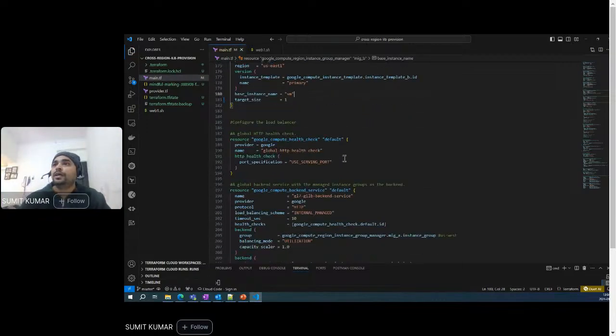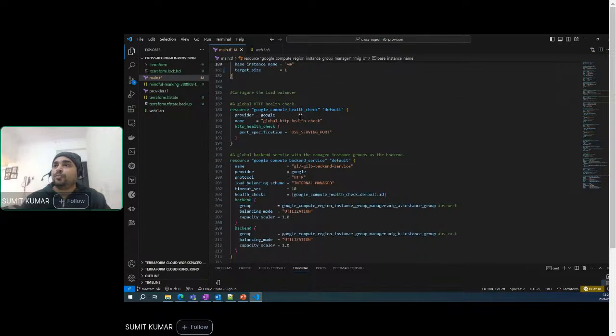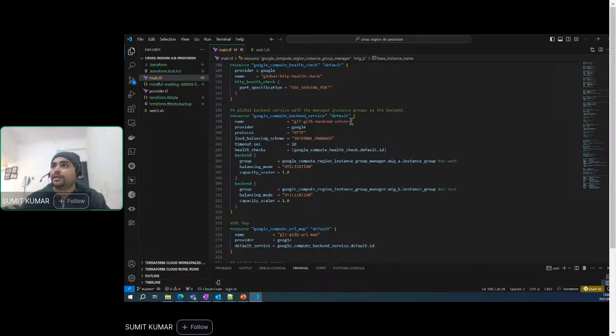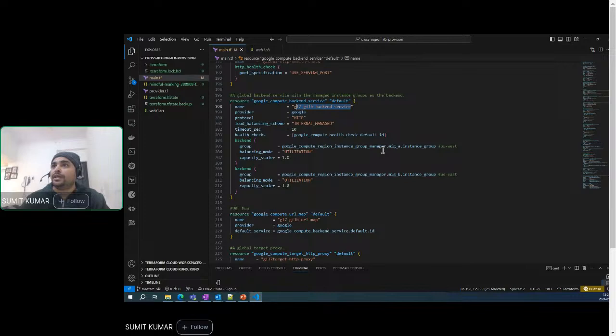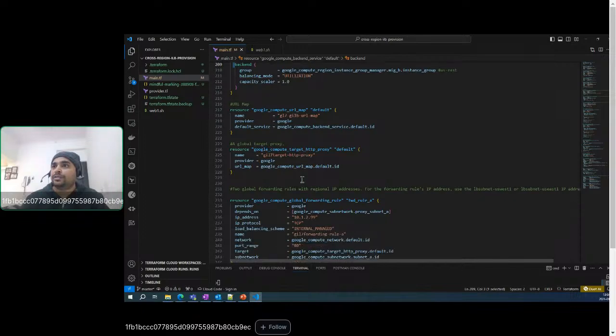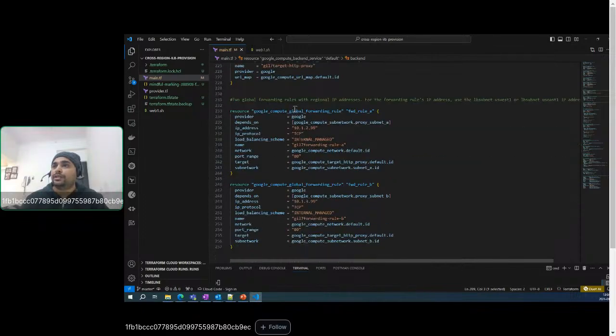And finally, we are going to deploy our load balancer. The load balancer has many components like health check, and then the backend service, right? This is the global backend service, and we are going to attach two backends here. One is from the US West region, and another is from the US East region. Then the URL mapping, and then we are using the target proxy. And here the forwarding rule, right? The forwarding rule, which means a single internal application load balancer gets two forwarding rules. Forwarding rule A, which is